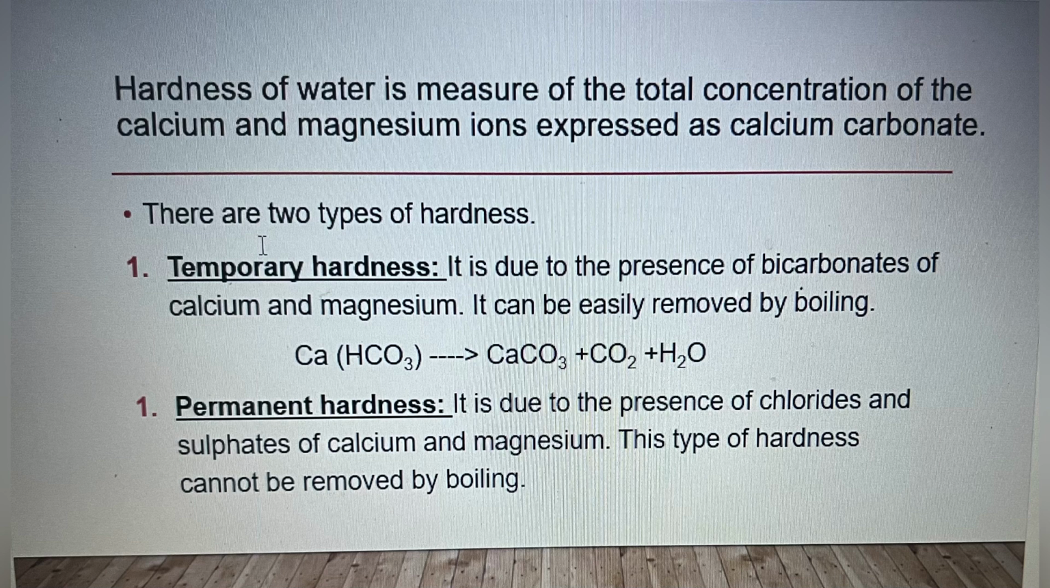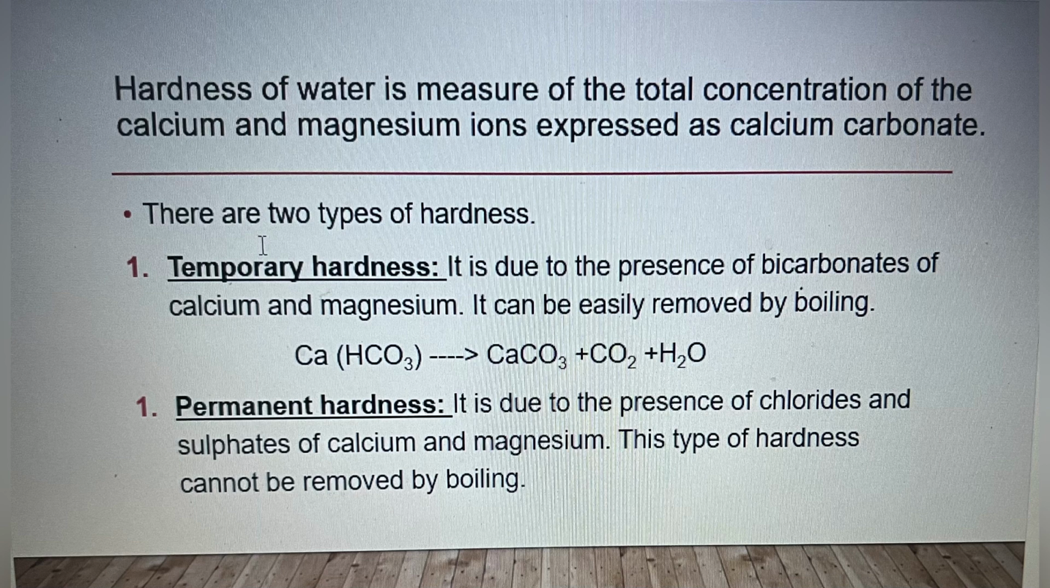The hardness of water is a measure of total concentration of the calcium and magnesium ions expressed as calcium carbonate. Now there are two types of hardness. Number one is temporary hardness and number two is permanent hardness. Temporary hardness is always due to the dissolved salts of bicarbonates, calcium hydrogen carbonate and magnesium hydrogen carbonate, and it can